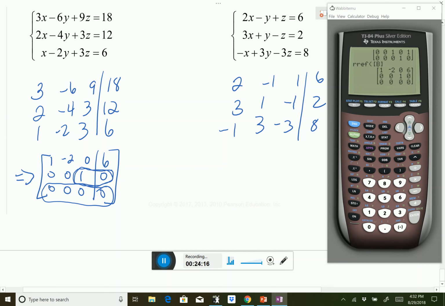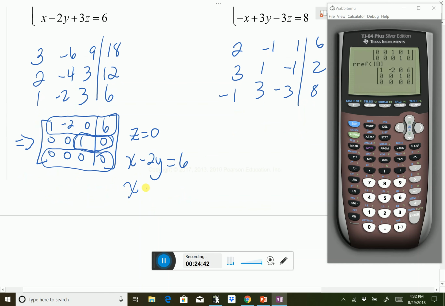So you know that you don't know what Z is, but look at this. Do I know what Z is, actually? I do know what Z is. I know that Z is 0. I do have one solution. However, X and Y seem to depend on each other because look at this one. If I go X minus 2Y, I'm going to rewrite this as is 6. So I know that Z has to be 0, but I know that X has to be 2Y plus 6. So I actually have a dependent system, even though I do have one solution,